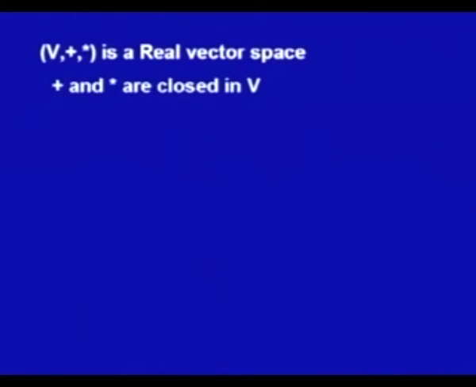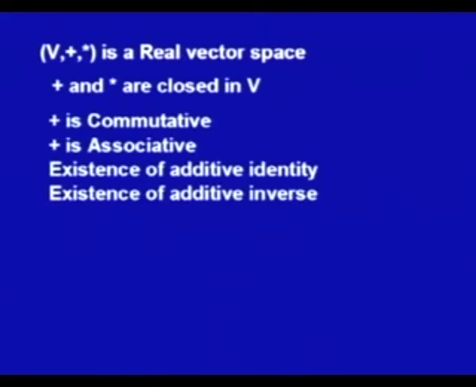A triplet V, a set, and two operations plus and star, forms a vector space provided certain axioms are satisfied. The first axiom is that the operations plus and star, which we call scalar multiplication, are closed in V. The addition is commutative and associative. Further, the existence of an additive identity is there in the set V, and the existence of an additive inverse is also there